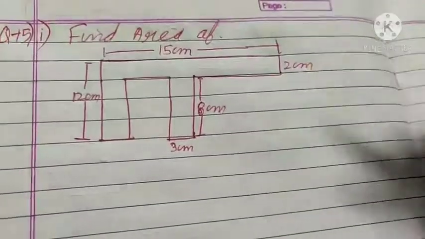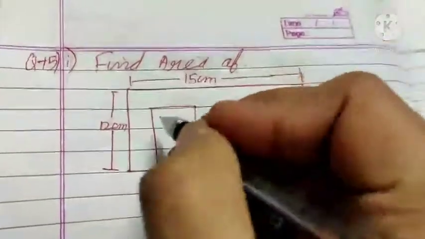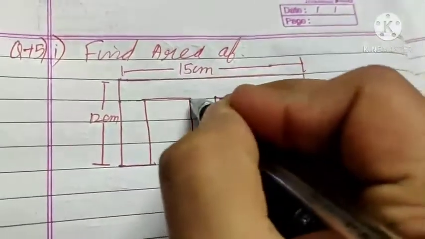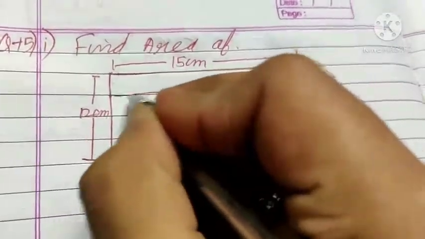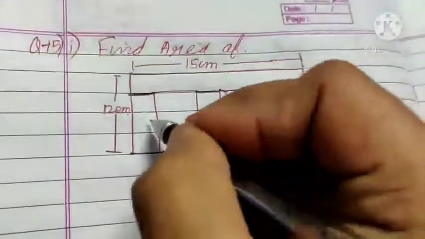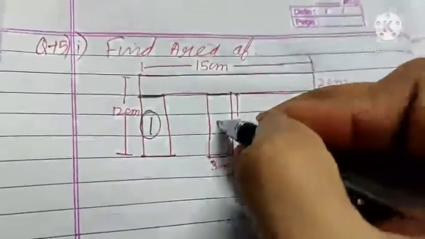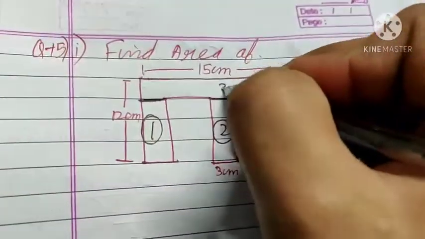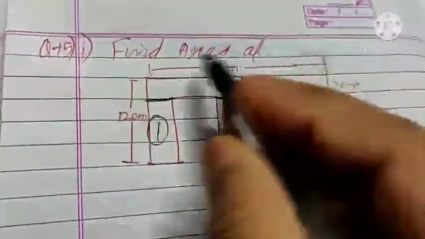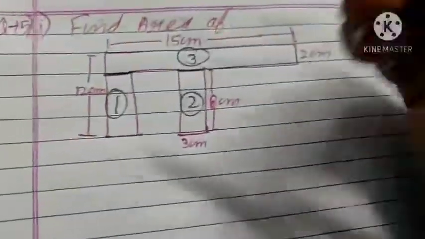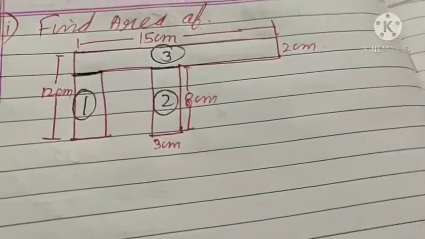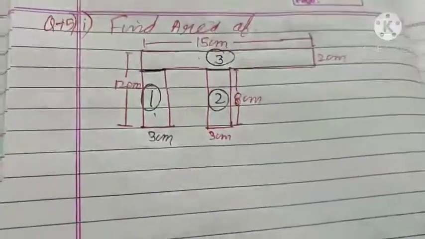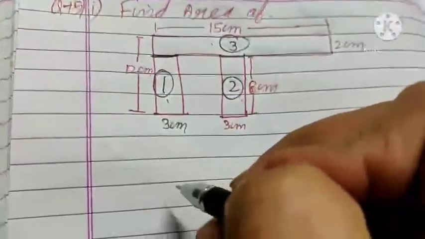This is our next question. Here we have to find the area of the given figure. So if we divide it into three parts, there are 1, 2 and this 3. This whole figure is divided into three figures. We will calculate the area of these three figures separately and then add them. All these three are rectangles. So here the question says this is 3. Okay, starting from 1.